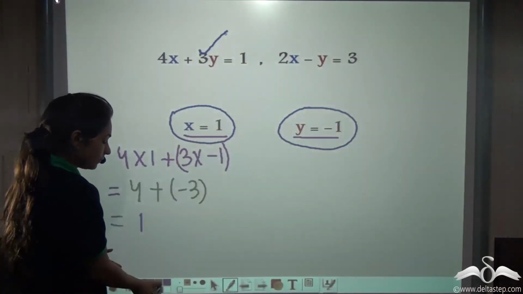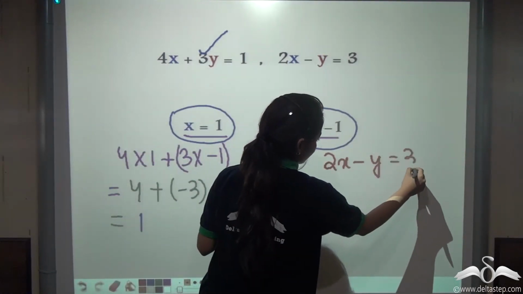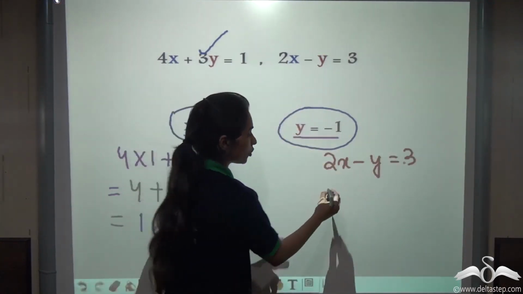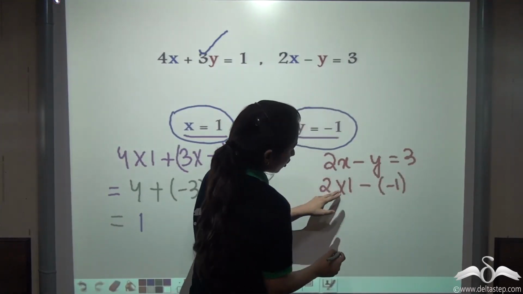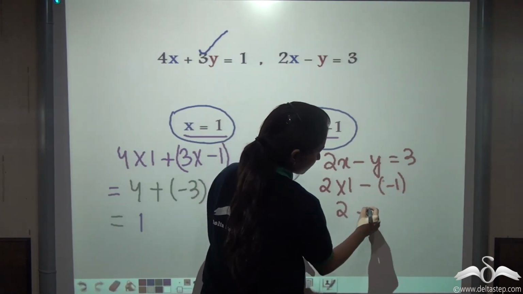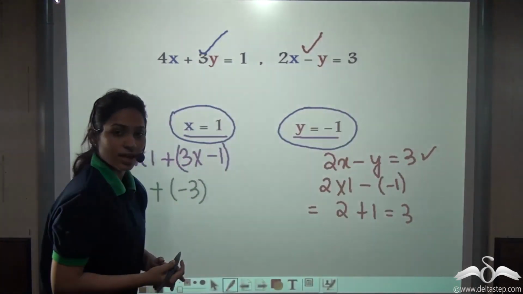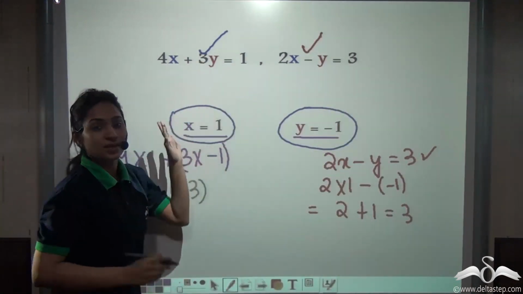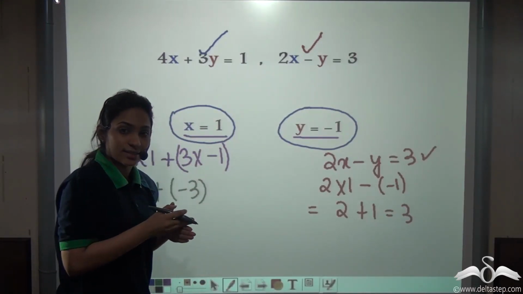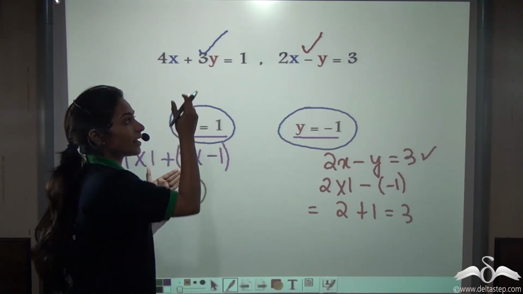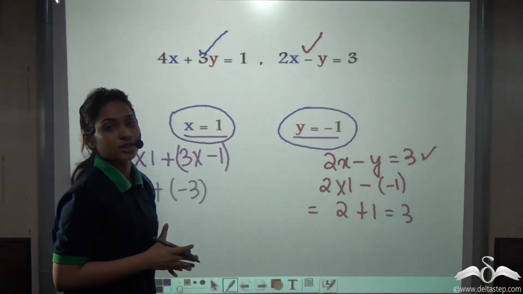Check out with the other as well. Substitute these values and see what you get. 2 into 1 minus minus 1. What are we getting? 2 into 1, that is 2, minus minus 1 is plus 1. We get 3. So this equation is also satisfied. So you can see if these lines are not intersecting, but after extension you can intersect these lines and that extension is straight, you can extend any of those lines and make them intersect to find out the solutions for these two equations.